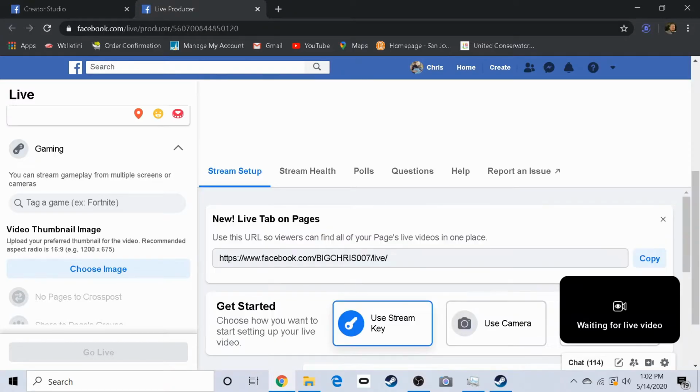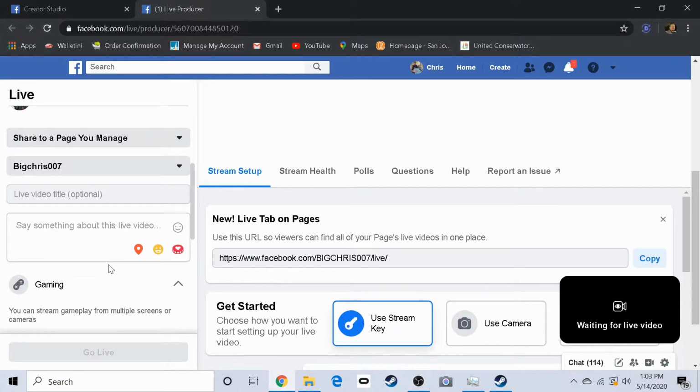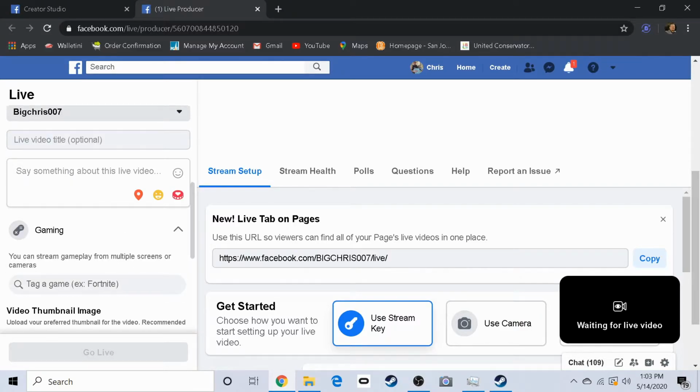So now we're going to go to our, I don't want to show you a stream key, that's mine. But anyway, here you'll do your description, put your title. Now, depending on how you share it, the title might not always show. So what I do is, whatever title I'm writing is a little shorter, I put it again as the first line in the description and then write the rest of the description, because sometimes when people are looking at videos, all they see is the description and they'll end up asking you, what game are you playing? What game? And you can tag a game,